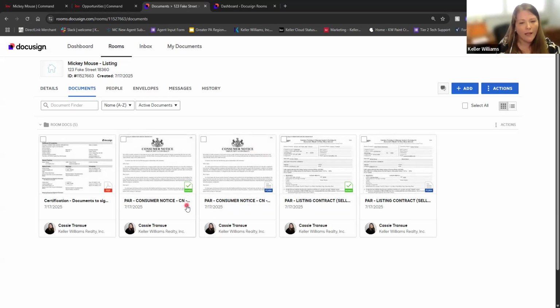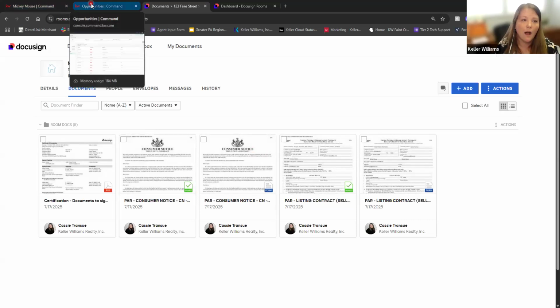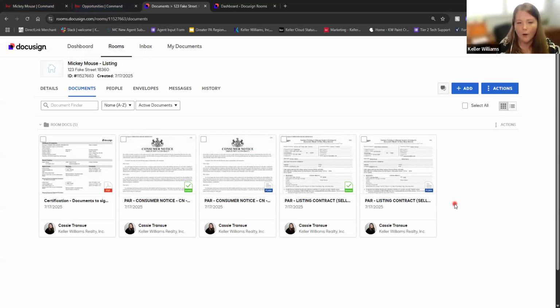So now at this point, those signed versions, when you have fully executed documents, you're going back to Command to upload them. But we're not going to worry about that today. So that is how you get through the process from start to finish. You're starting in Command, you're creating the opportunity, then you're going into Docusign, you're editing the details if need be, you're adding the documents in, the fillable versions,